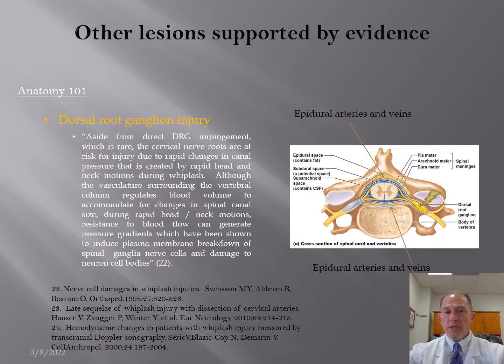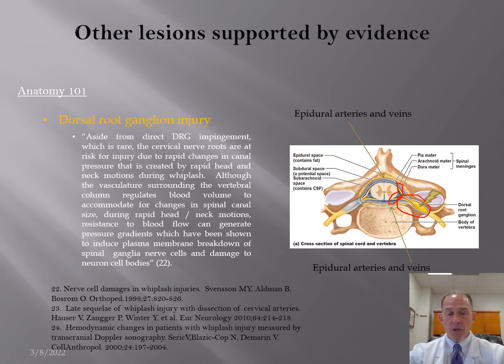So if we're interested in some of the additional injuries and lesions that can occur that are not identifiable on MRI or plain film X-ray, we see injury to the structure here, not very often, called the dorsal root ganglion. More often what we're going to see is injury to these structures here very close to the spine, or impingement of the cervical nerve roots. And we've all heard the term cervical radiculopathy. Well, we can have stretching of the nerve roots, or we can have a compressive injury from disc material sitting close to those structures.